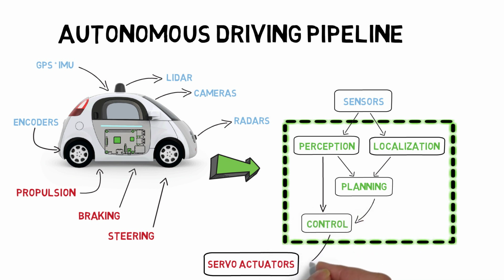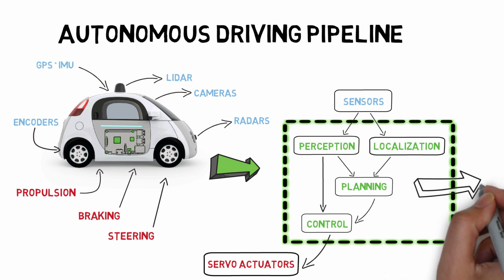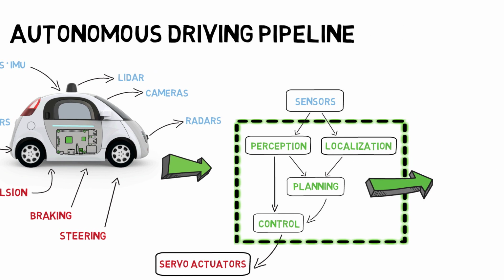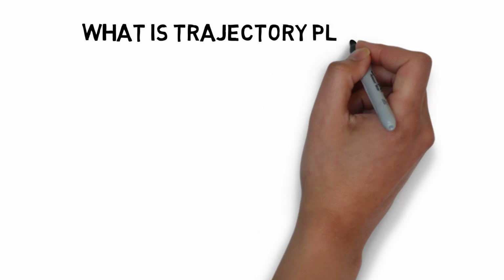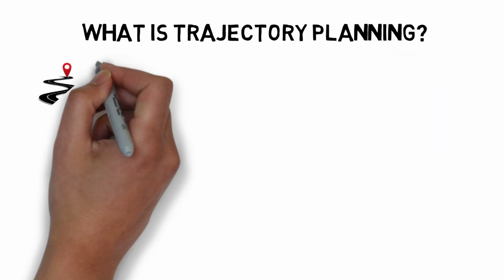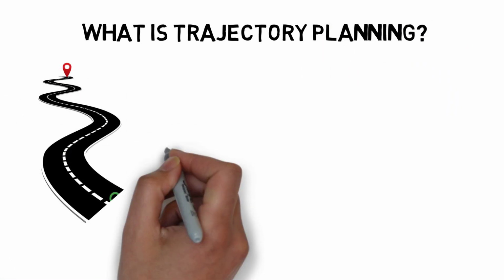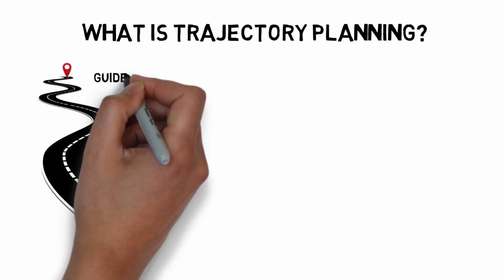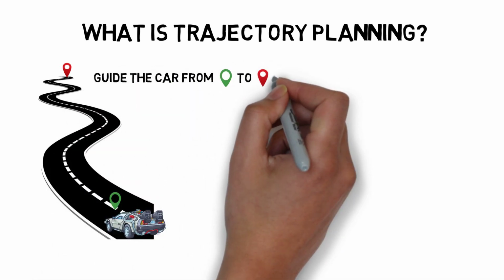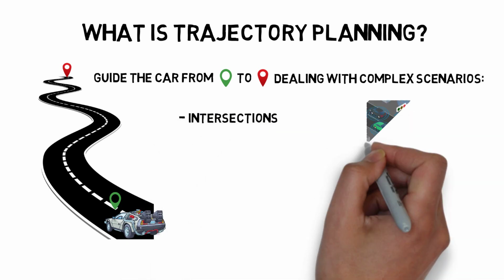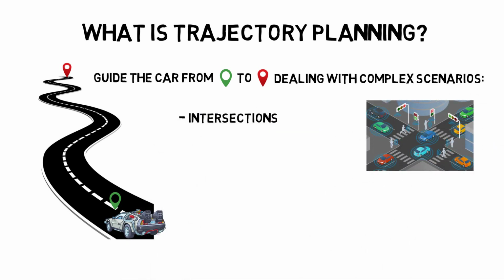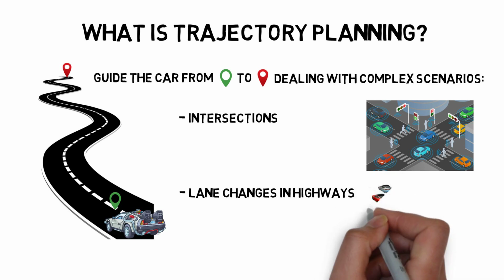However, despite the multiple things that may be explained here, in this video we are going to focus on trajectory planning for racing driving. So, first of all, let's see what trajectory planning means. The main idea behind planning is to compute trajectories to properly guide the car between 2 points and through complex scenarios like, for example, intersections with other cars and pedestrians, or lane changes in highways, ensuring certain levels of safety